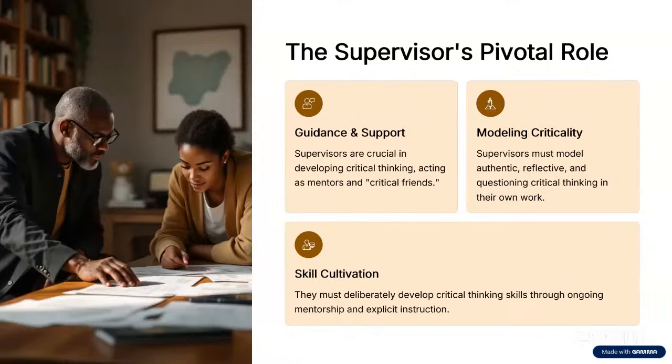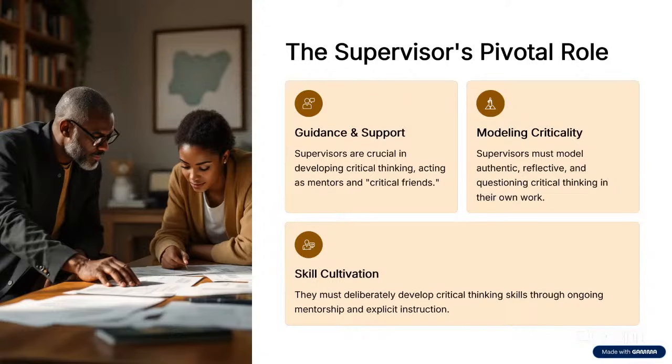You first, as a doctoral researcher, you must be able to bring up ideas that will challenge even your supervisor to reflect critically and also to be able to look at what you are doing as a doctoral candidate. Because if this is not done, then it becomes more or less like just having this person on paper who is not able to demonstrate or contribute meaningfully to your doctoral journey.